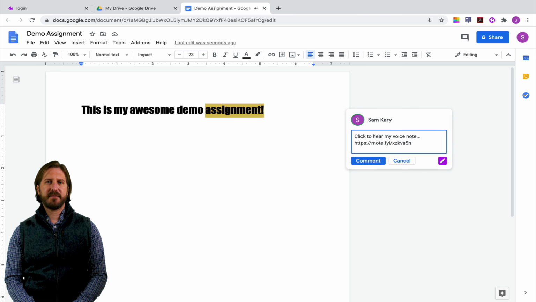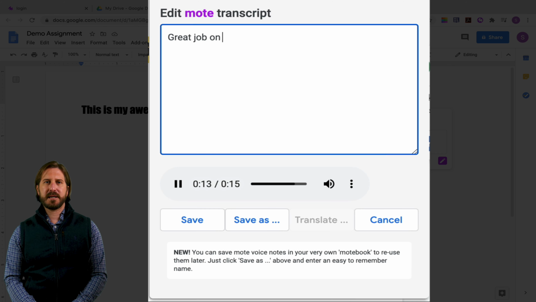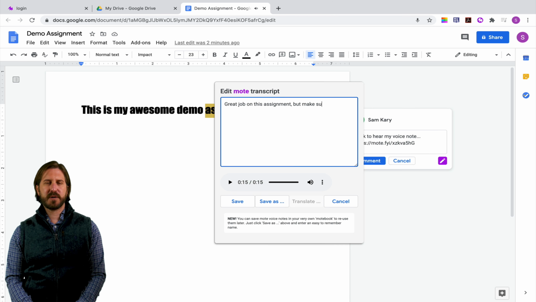Right now, I don't have the transcription tool enabled. So if I wanted to add text transcription, I would have to write that in myself. You can do that by clicking on the purple edit icon. Then you can play back your audio and type out what you just heard yourself say. Although the auto transcription feature is a nice feature, it's also not that difficult to just type what you just wrote pretty quickly.